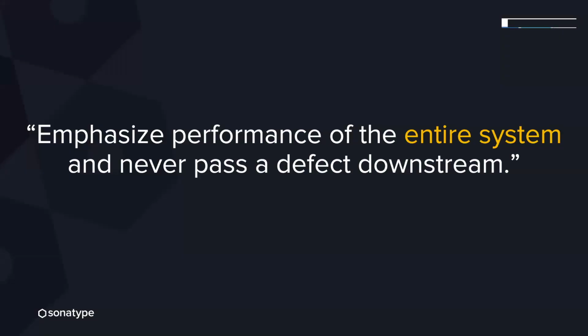Coming back to these Deming principles, one of them is to keep performance across the entire system. And the key is not passing the defects downstream. Within that development cycle, you want to pick it up as soon as possible and fix it as soon as possible, because it's only going to take more time the later you find it, and become more of a risk. So picking it up as soon as possible, and key to that is automation.